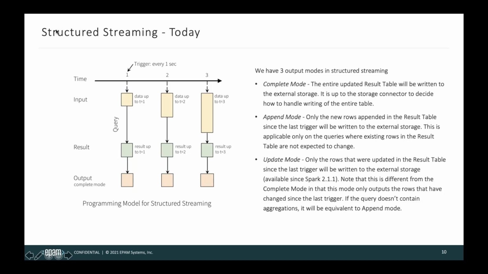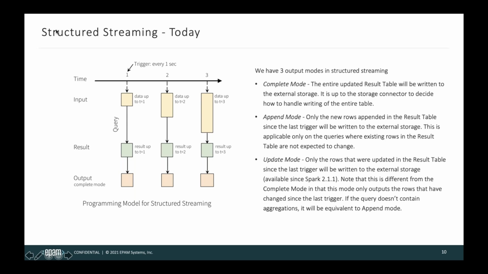Okay, so let's talk about this timeline. At T1, we are getting data and we are querying it, doing some analytical operations, and we see the output in complete mode. First, let's talk about output modes. Why is it complete? Complete mode means that in the output part, we will be seeing the whole data, but it only works with aggregation because this complete set of data could be huge, right?